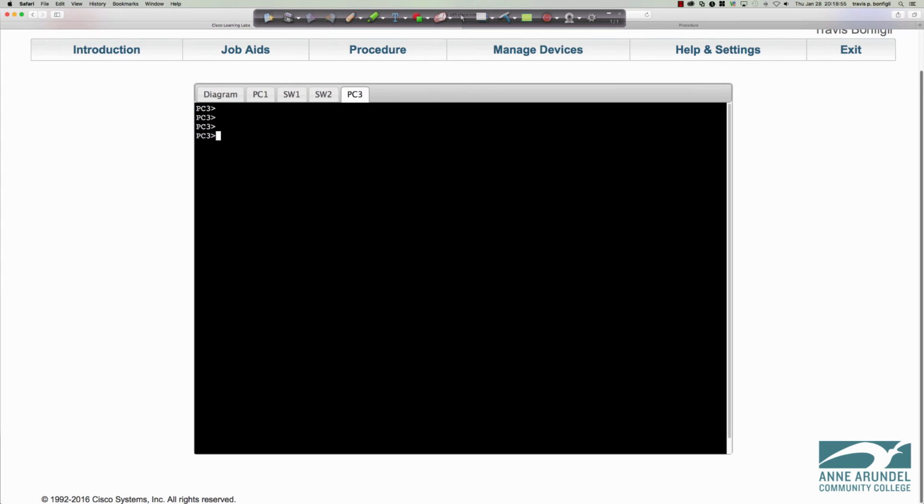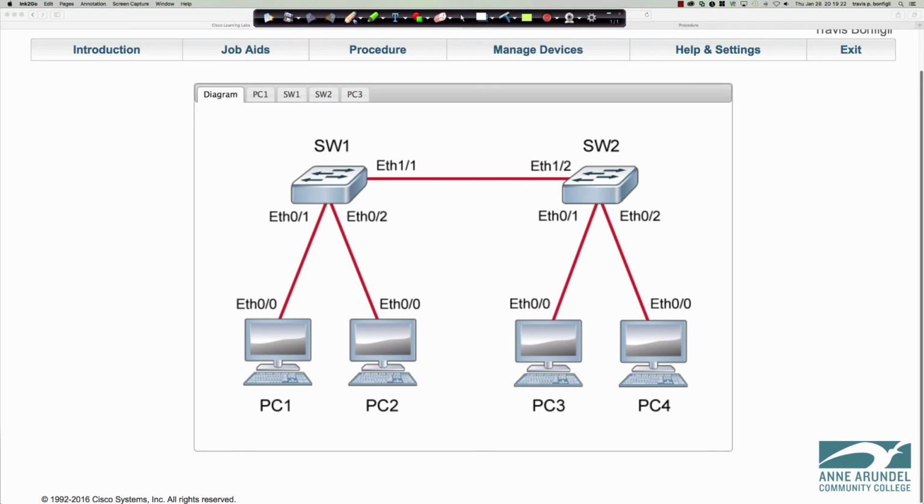And on PC3, we'll go from user exec mode to privilege exec, and we'll simply say ping 192.168.20.110. And so we might be thinking, okay, maybe it's ARPing out, maybe we'll lose one packet, possibly two. But we don't. We lose all 5 of those packets. And again, the reason for that is that these two PCs are in VLAN 1. And these two PCs over here